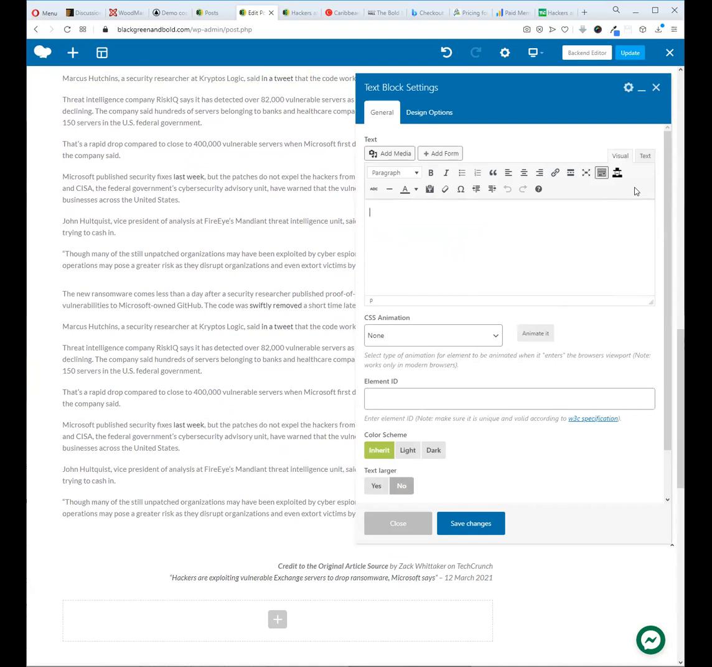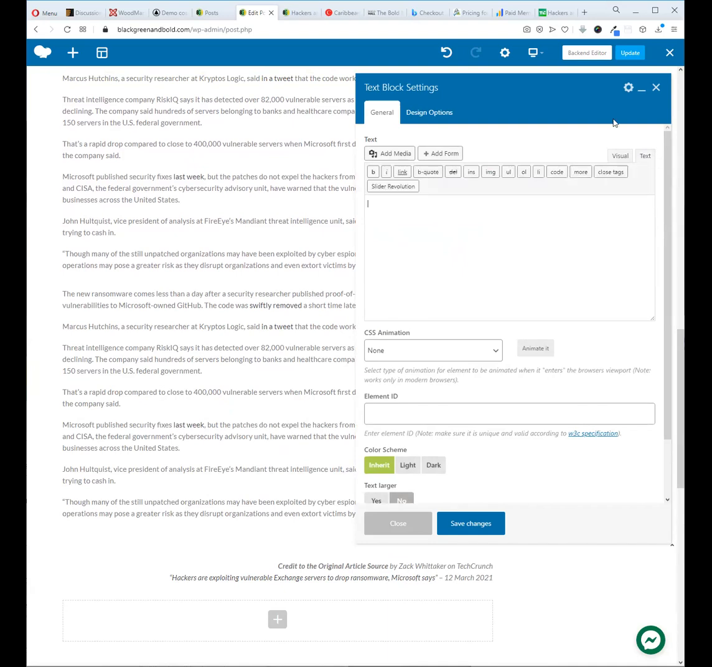And again, YouTube works off code. So we have to go into the text area, not the visual part, text. All right, so because it's code, we're going to add here. So we're going to go to YouTube now,